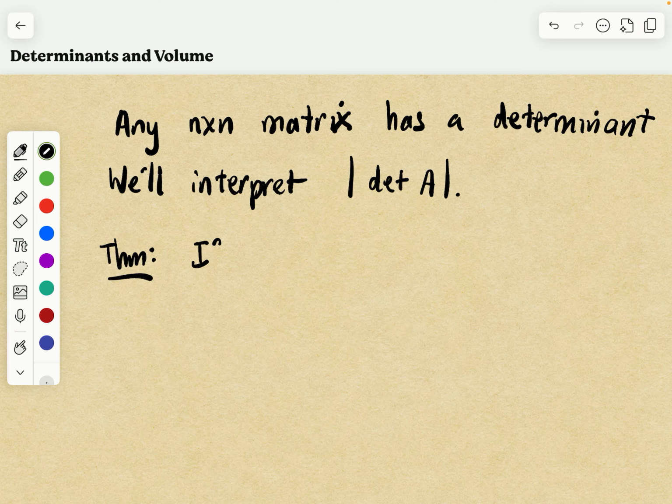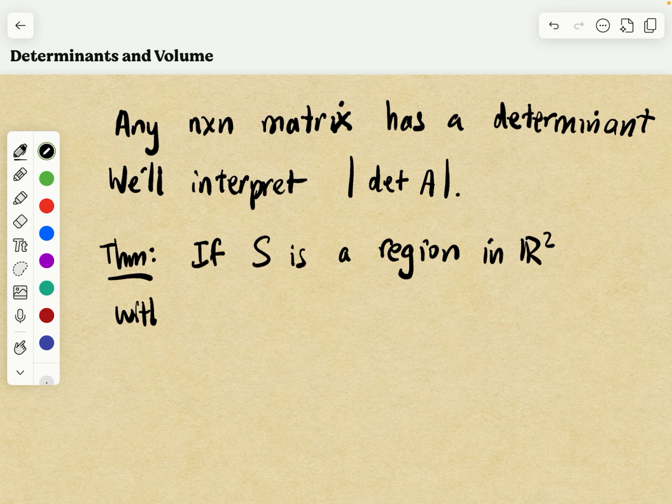If S is a region, okay, I'm only going to state this in R2 for now. If S is a region in R2 with finite area, then the area,